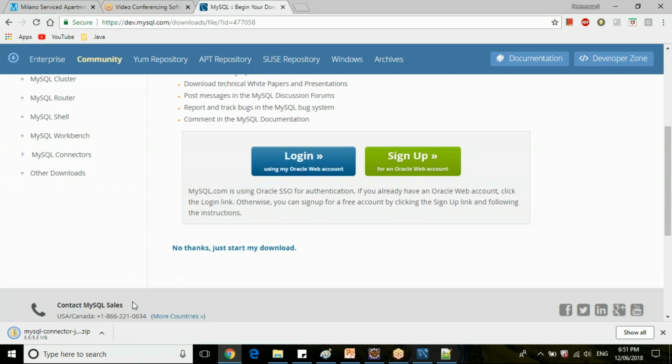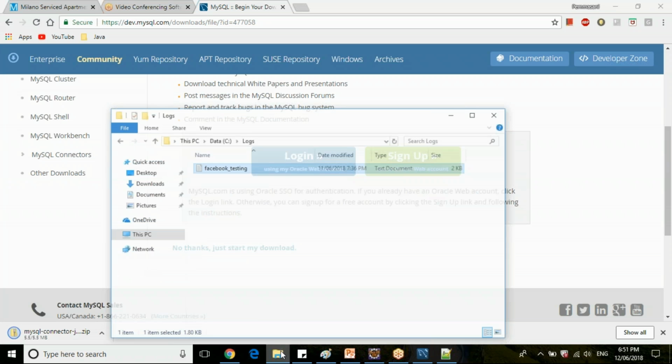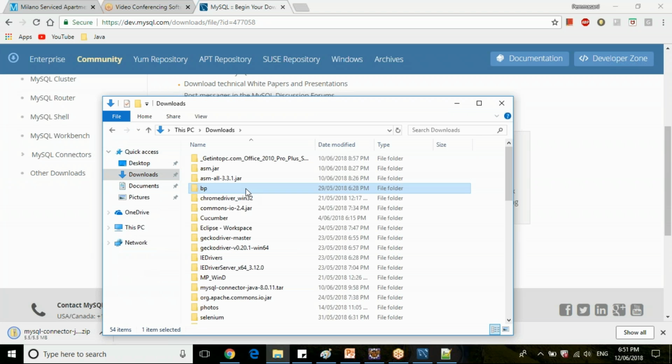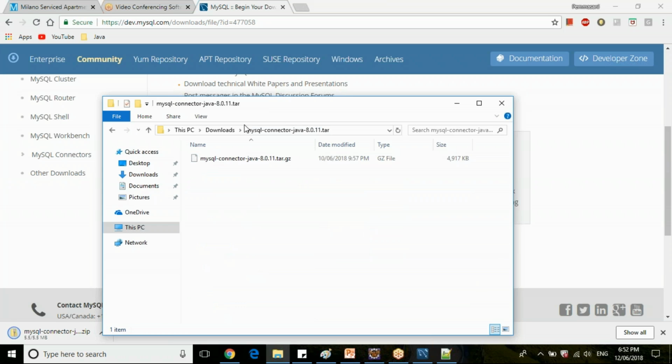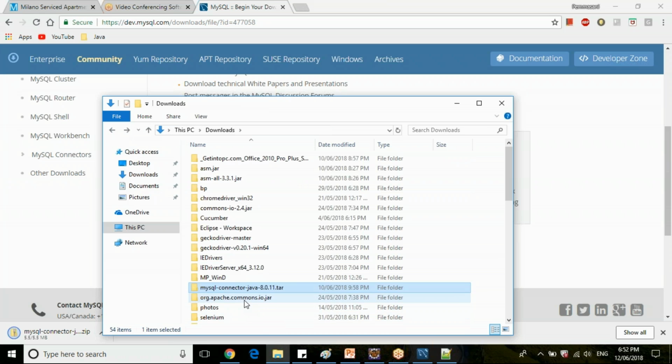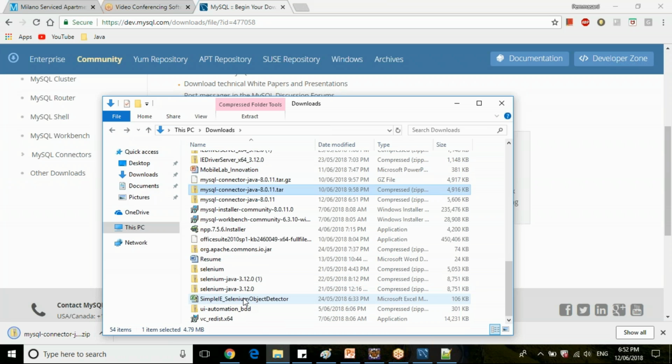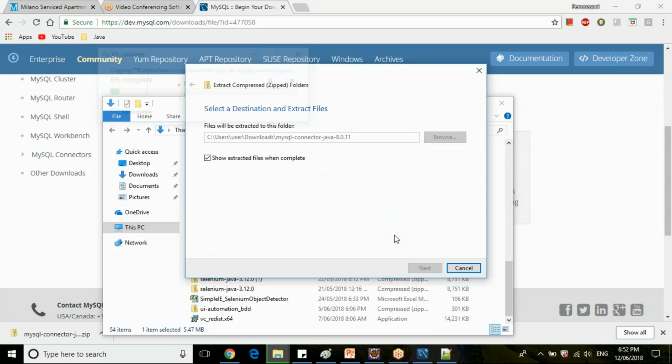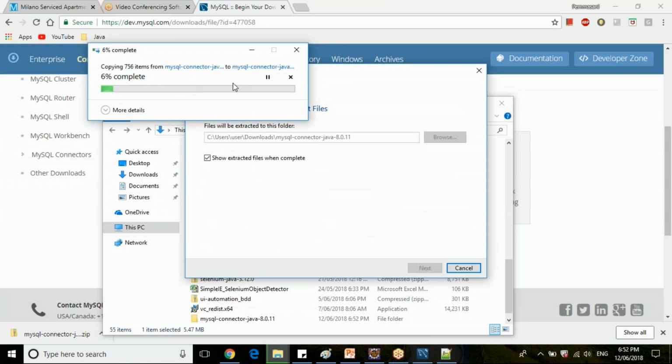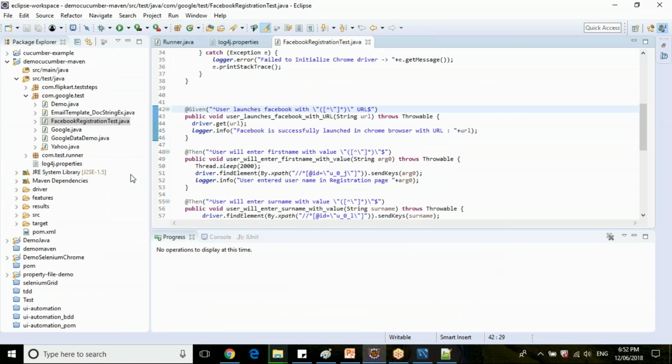Just add this jar to your build path. So just go to downloads. I have already downloaded this one, the MySQL connector jar. So extract all. Once you extract, you will get a jar file. Copy the jar file and paste it in your library folder.